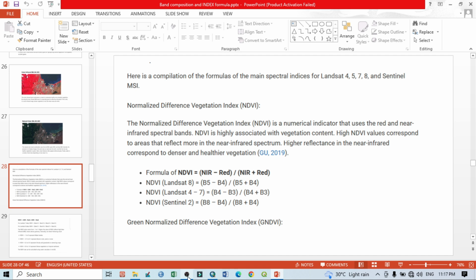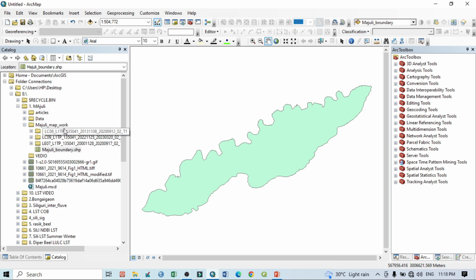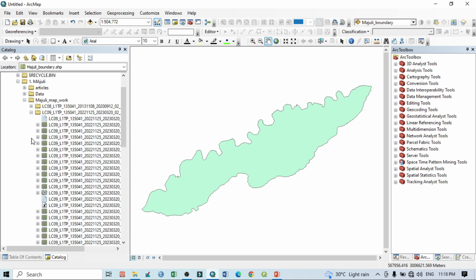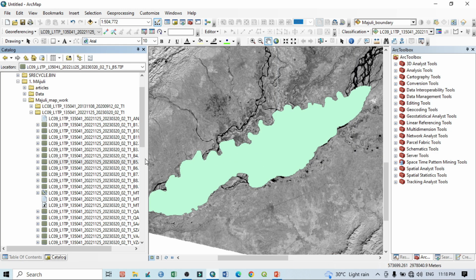Okay, now we'll go to our ArcGIS. Within this file, I have the Majuli map work, and you can see I have Landsat 8, 9 and 7 satellite data, and I want to make this NDVI map by using the Landsat 9 satellite image. So just click here, and remember we need band 5 and band 4. Band 5 is the near infrared band and band 4 is the red band. So just select this band 5 and drag it here first, and again go for band 4,